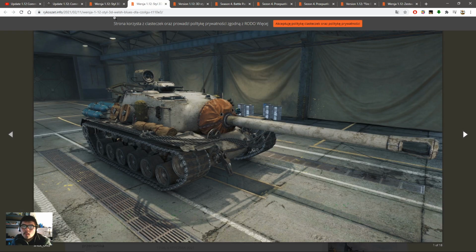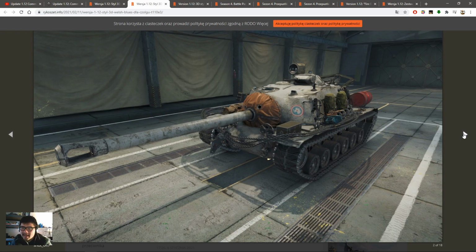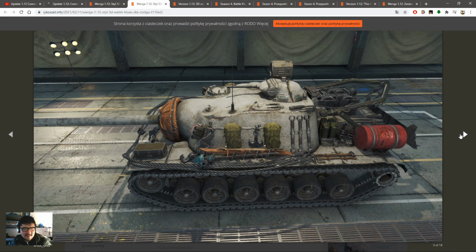Here is the Welsh Blues T110E3. Kind of reminds me of the Big Daddy from BioShock in terms of the mantlet. That would be cool if we had a Big Daddy T110E3 skin with a drill hand on the side. That would be excellent. I'll give it 10 out of 10 right away. But